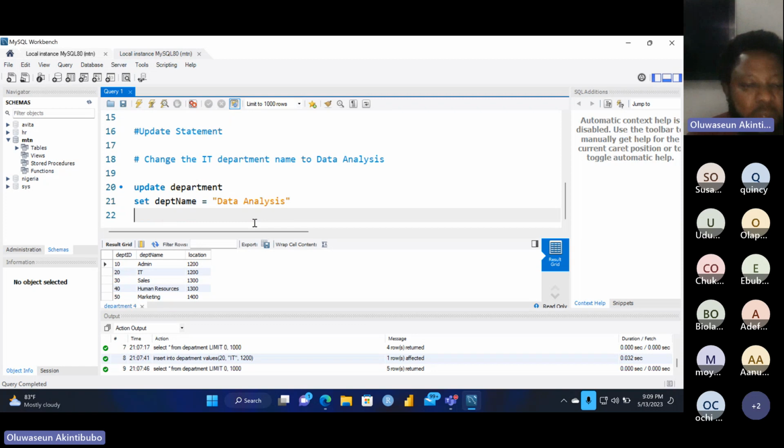Now, if I run it this way, it will change every department name to data analysis. I just want you to change it for a particular department. So I'm going to say where department ID. I'm now going to use the lookup value. The lookup column is department ID, and the value is 20. Where department ID equals 20. If I run it now,